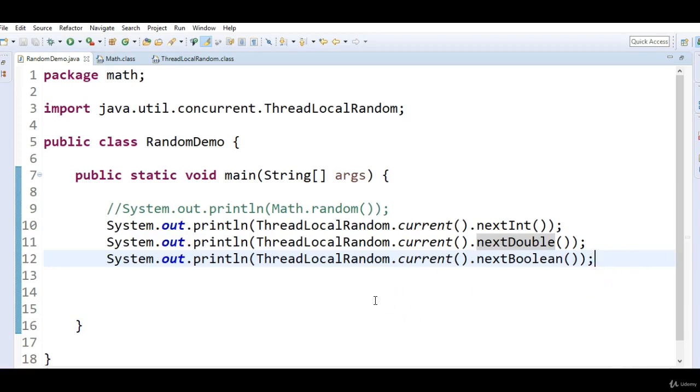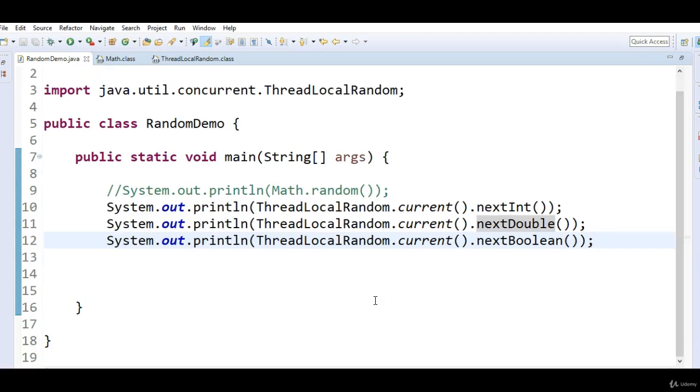java.util.Random. This java.util.Random, which package is it present in? The java.util package. For using this class to generate random numbers, we have to first create an instance of this class, and then we need to invoke a method such as nextInt, nextDouble, nextLong, etc. using that instance. So we can generate random numbers of type integer, float, double, long, booleans using this class. We can also pass the range. We can also pass arguments to this method for placing an upper bound on the range of the numbers. So let's write the program and see the output.